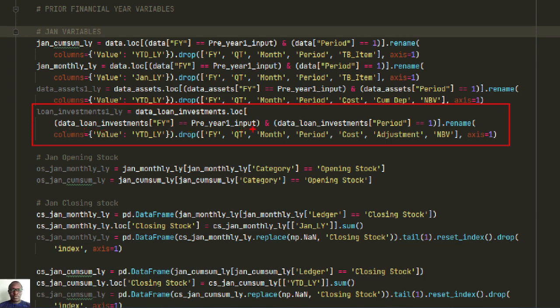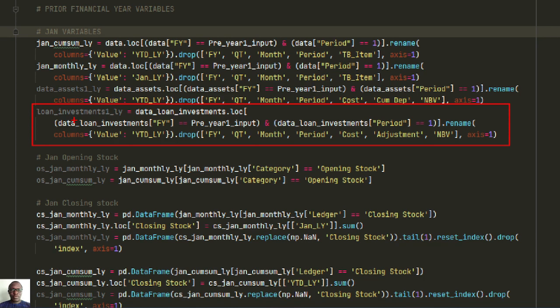Then the financial year here is still previous_year_year1_input, and then the period will be period 1, meaning January, but again we'll rename the column with numerical values as YTD last year, because again